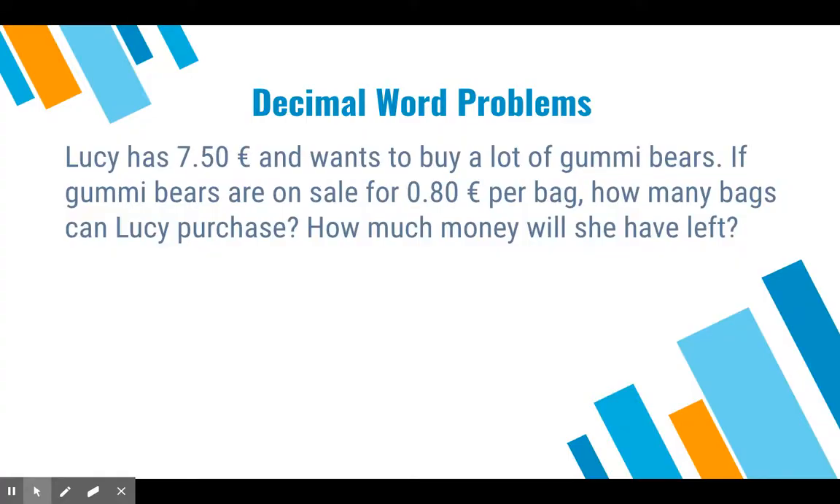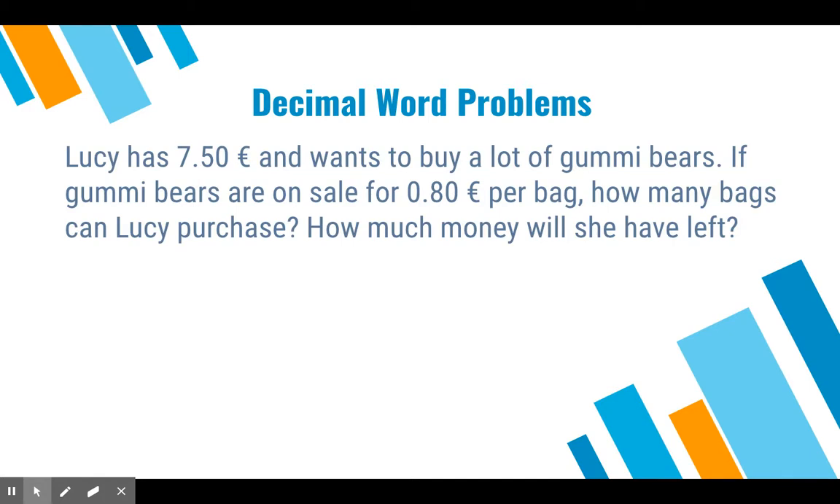Lucy has $7.50 and wants to buy a lot of gummy bears. If gummy bears are on sale for 80 cents per bag, how many bags can Lucy purchase? How much money will she have left? So she will purchase, so that will involve multiplication or division, and she will have money left, so that will involve subtraction. You know that it's 80 cents per bag, so that's the unit price. She has $7.50 total, so that will be what you're subtracting what you pay or what you spend from the